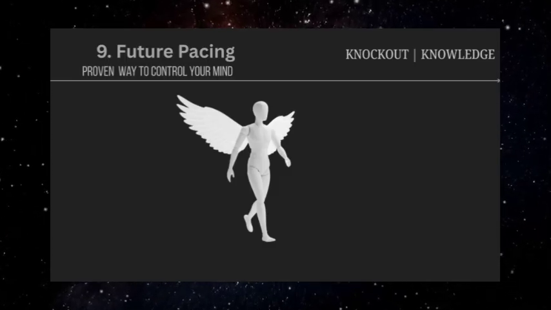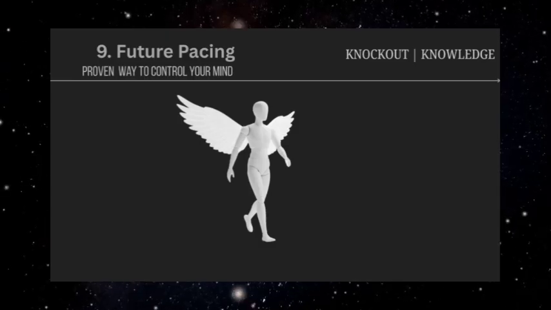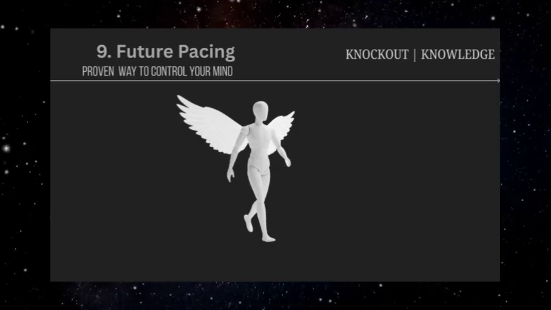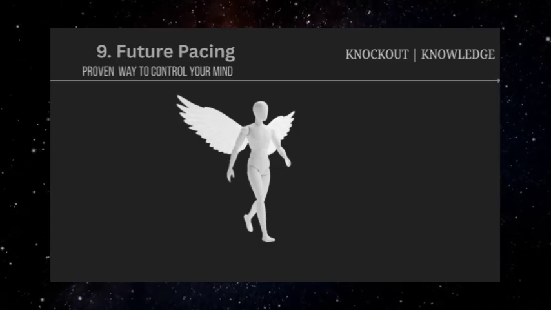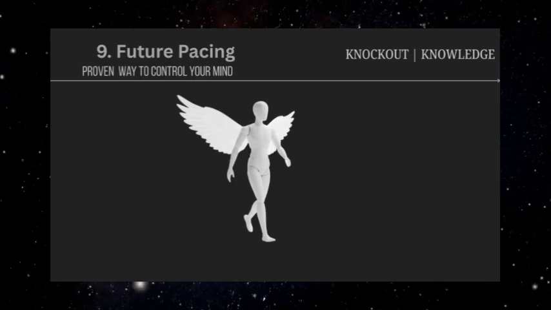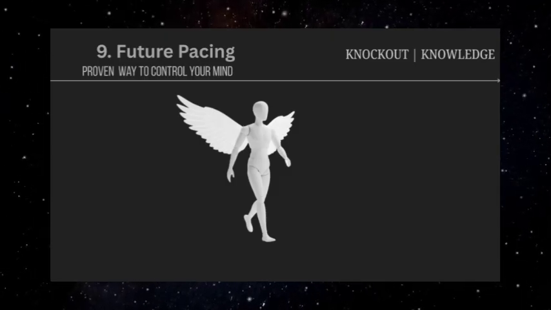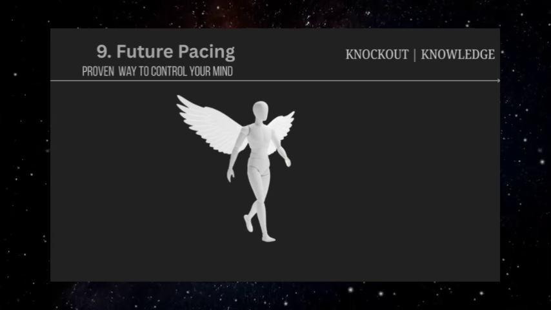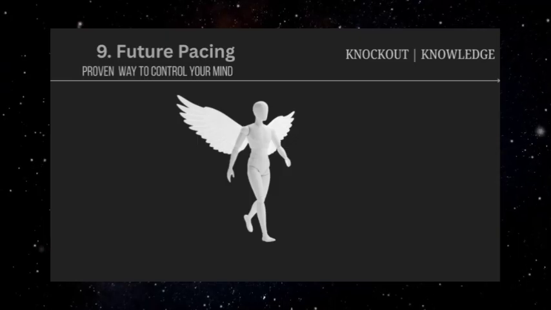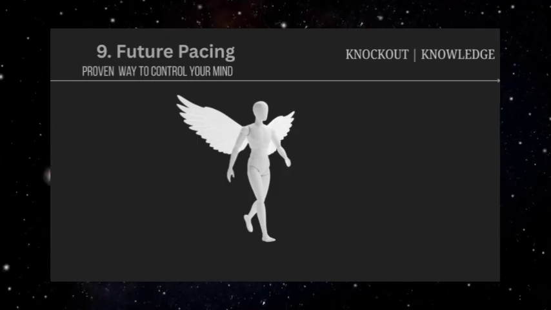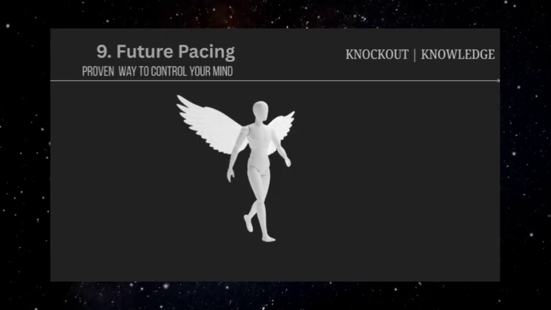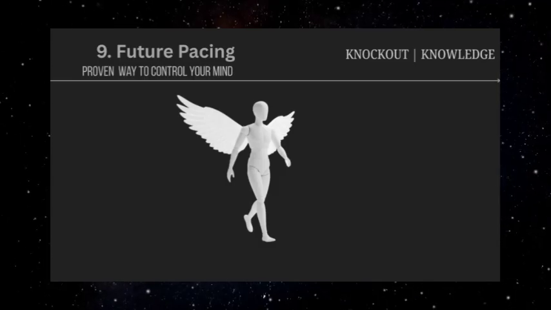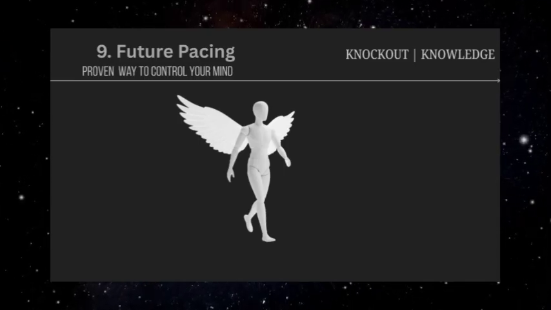The technique also creates a form of premature closure. By visualizing a specific future in detail, other possibilities begin to seem less real or desirable. The person becomes mentally committed to one path before fully exploring alternatives, reducing their likelihood of making truly independent decisions. Recognizing future pacing involves paying attention to when conversations shift from discussing current reality to elaborately detailing specific future scenarios. While positive visualization can be helpful for personal goal setting, it becomes manipulative when someone else is consistently guiding your mental rehearsals in directions that serve their interests rather than yours.